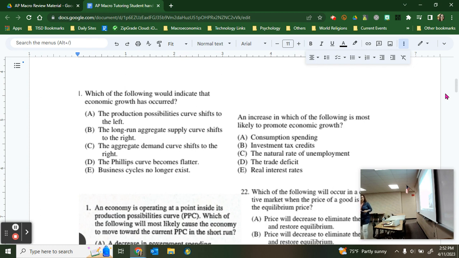Okay. The most important question, I think, on this whole front page is this one right here, because all the other ones are pretty simple. This one right here, I believe I gave it to both kids, fall and spring semester, on the test, and it was one of the most missed questions for both of y'all. All right, so it says an increase in which of the following?